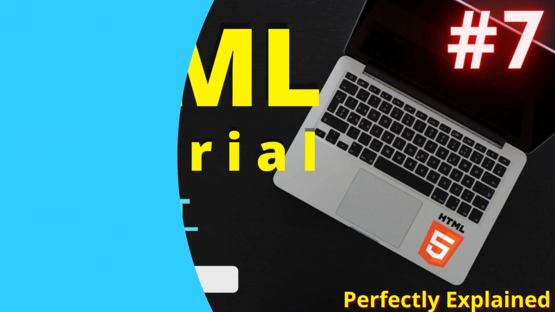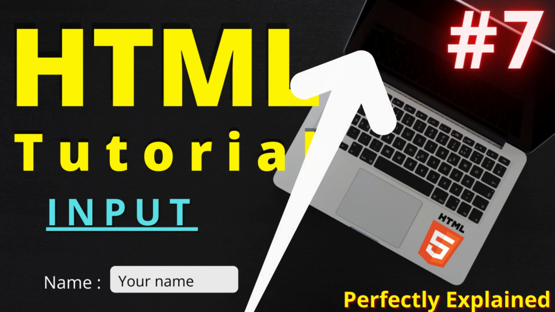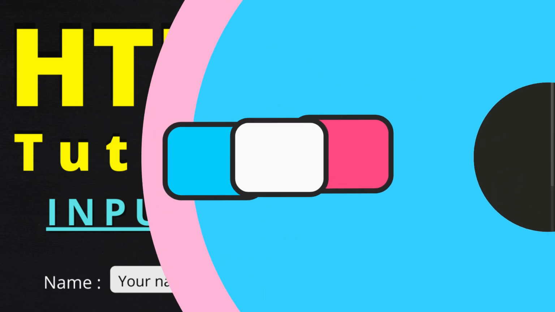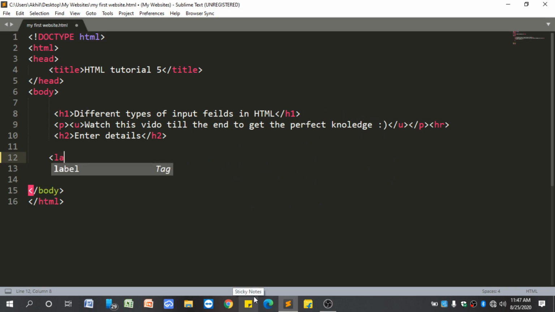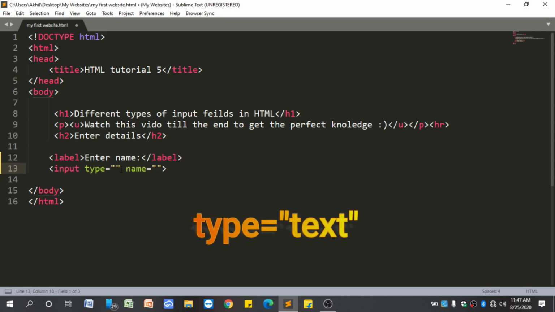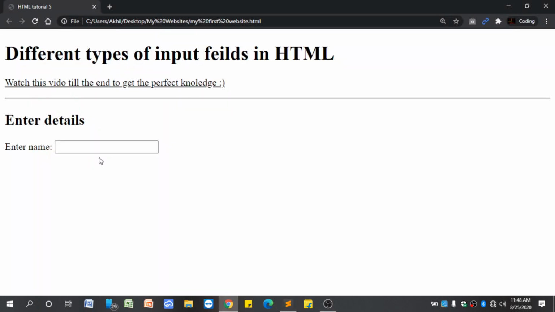In the previous video, we learned what is input field and why we need it and all the stuff about the input field. If you missed that video, just click this suggested video and watch that video. So let us make a normal input field to enter the text content. So I just write a label and write enter name, and below this I will write input tag. So in between, the type attribute, just write text and the same in the name field also. So just save it and open in the browser. Yeah, we got an input field and the user can enter the data in it.